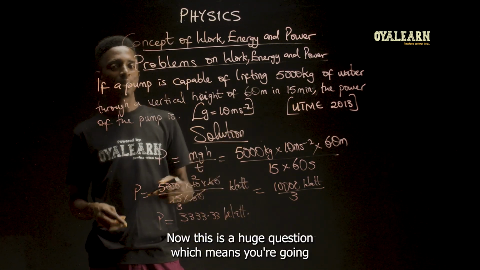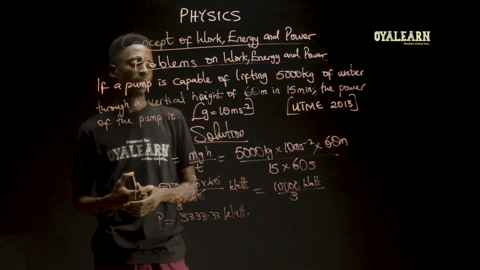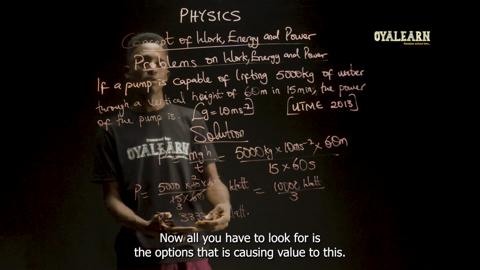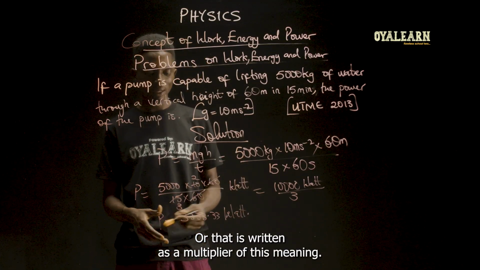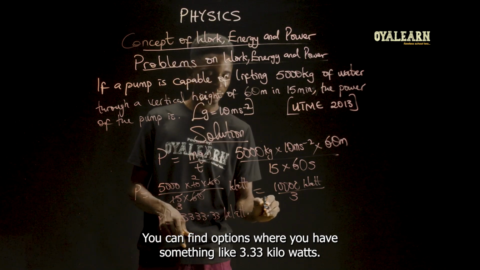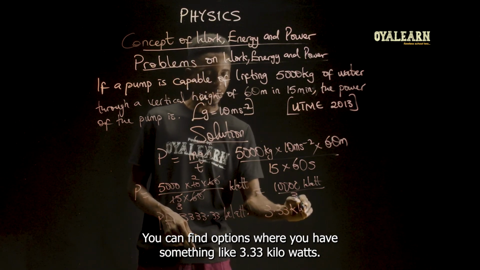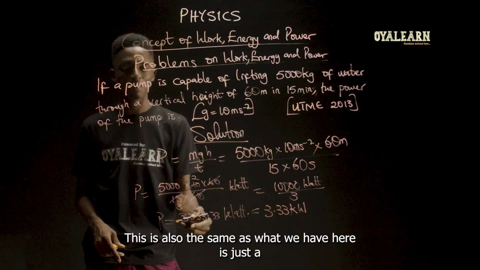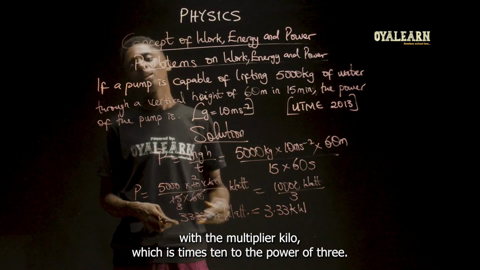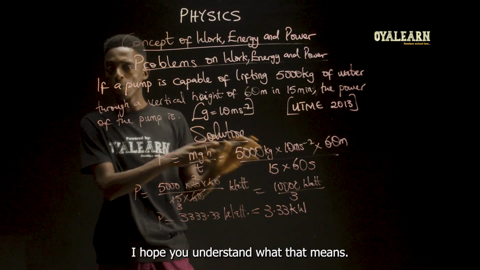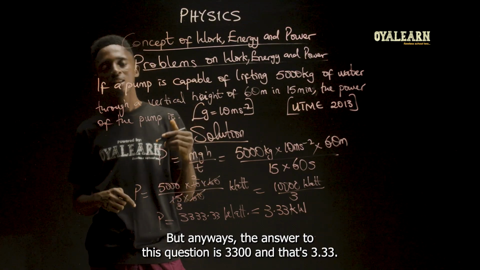Now, this is a UTME question, which means you're going to have a variety of options to pick from. Now, all you have to look for is the option that is closest in value to this, or that is written as a multiplier of this. Meaning you could find options where you have something like 3.33 kilowatts. This is also the same as what we have here. It's just with the multiplier kilo, which is times 10 to the power of 3. I hope you understand what that means. But anyways, the answer to this question is